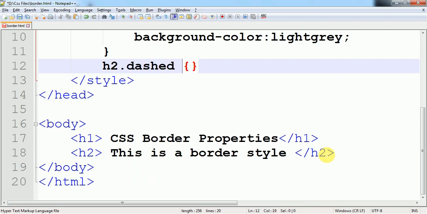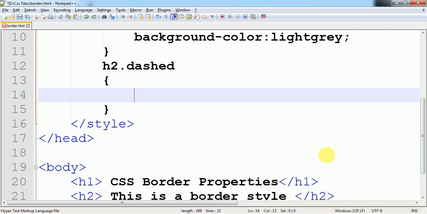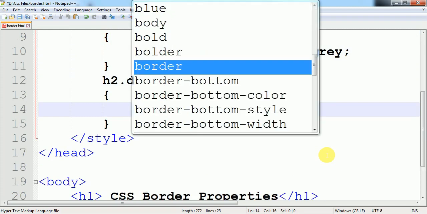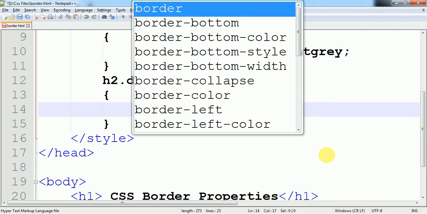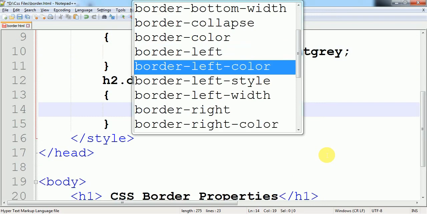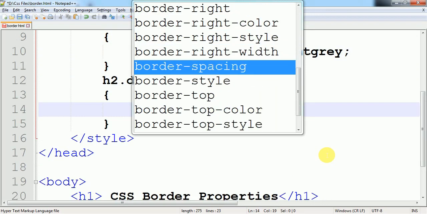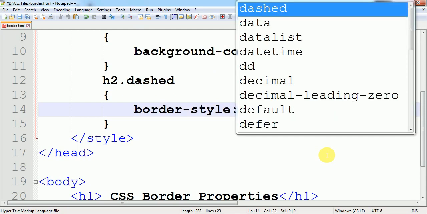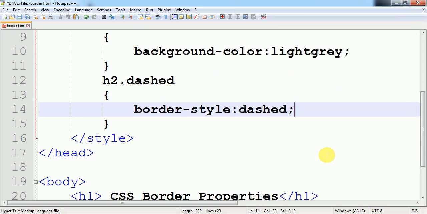Here the h2 background color is automatically applied. Now we use border style, border style DASHED dashed, and Control S.